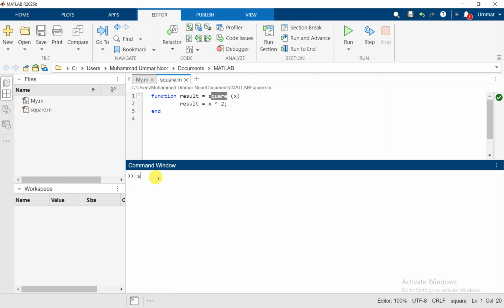For calling the function we simply write the name square with 5. I want the square of 5. I press enter. Now it gives me the answer 25. Okay, if I say square of 2, the answer is 4. So in that way we create the function and we utilize the function in our command window,